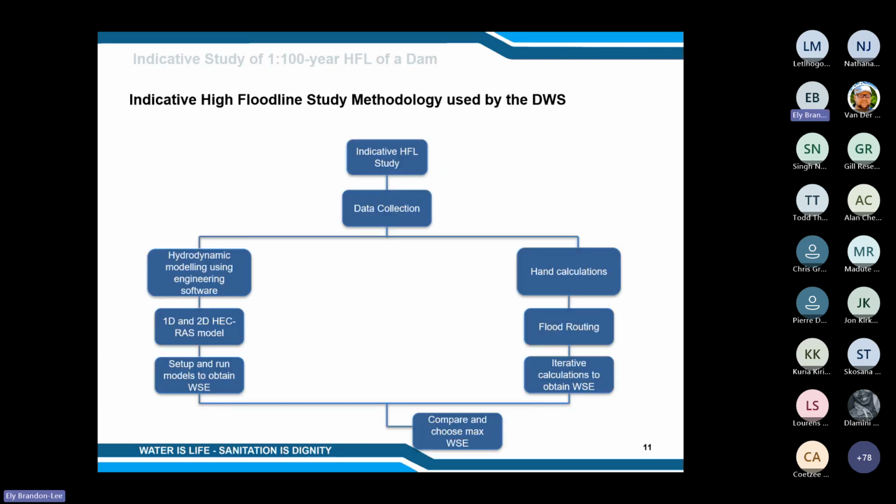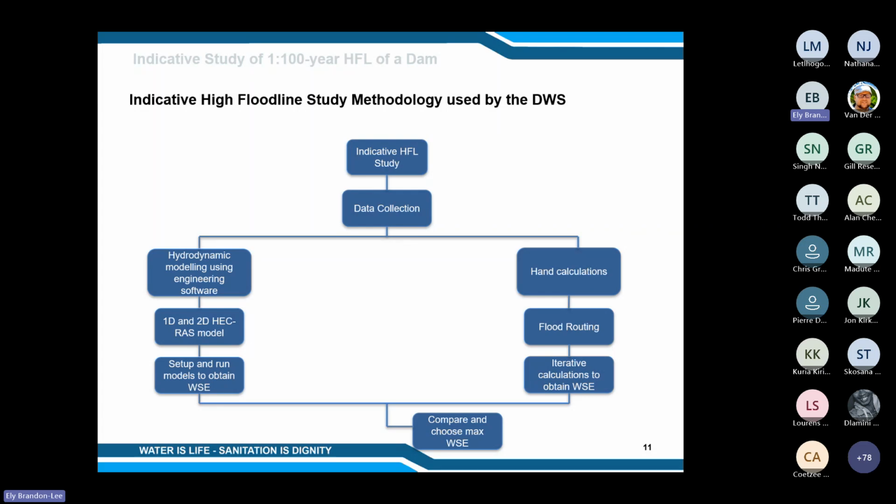The diagram shown summarizes the methodology I used to conduct the indicative high floodline study. I first collected the data which are required for the study. After collecting the data, I used hydrodynamic engineering software to generate the high floodline and performed hand calculations to obtain the high floodline. The engineering software I used was ACRES version 6.0, where I created both a 1D and 2D